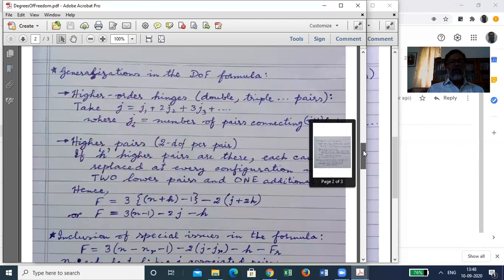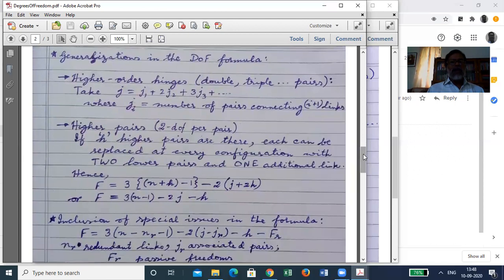Now you try to generalize this formula a little. Suppose there are double pairs, triple pairs also in the mechanism. So that you know how to handle them. You try to replace every double pair by two pairs, every triple pair by three pairs, and then add up the whole thing. Okay. So you take J, number of pairs, as this, where Ji is the number of pairs